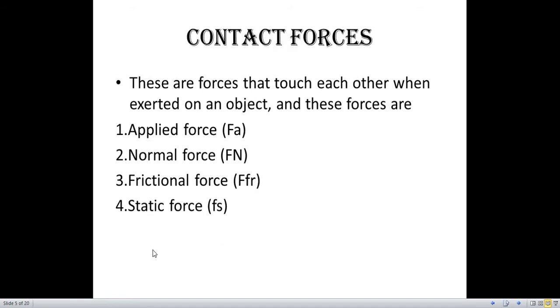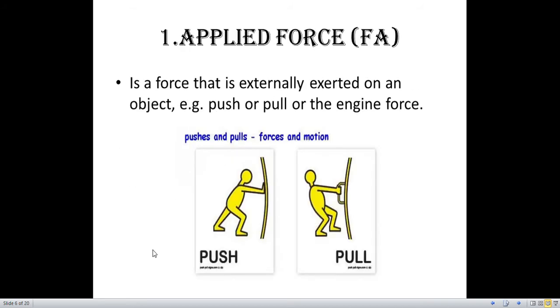Now let's look at contact forces. These are forces that touch each other when exerted on an object, and these forces are four. We're going to look at them one by one: applied force, normal force, frictional force, and the static force. Now let's look at applied force. This is a force that is externally exerted on an object, e.g. the push or pull